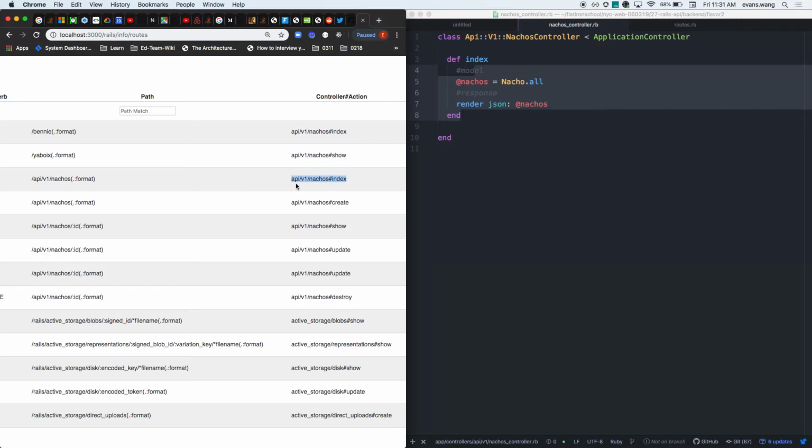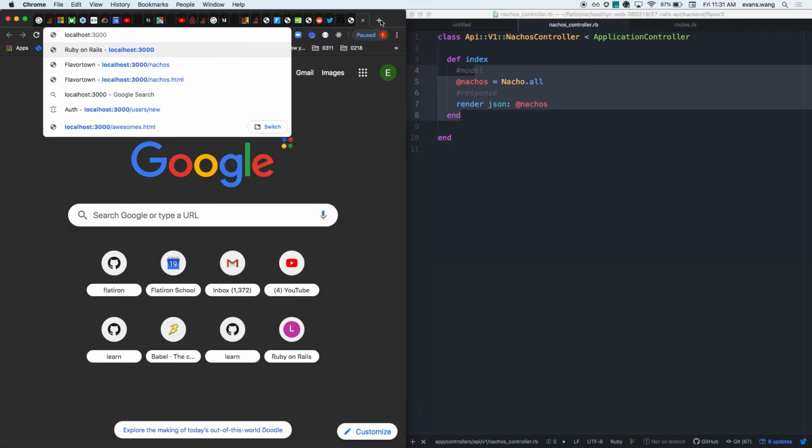If I hit this route, it's going to give me what controller and what action. It's going to give me the API v1 controller, and it's going to be the index action. If I hit Benny, what controller action is it going to hit? The easier thing to do would simply be to go to localhost 3000 /,